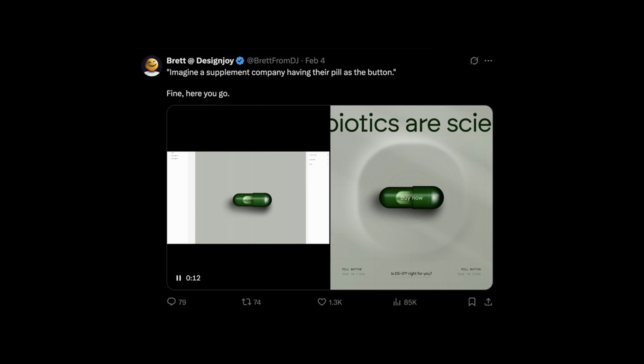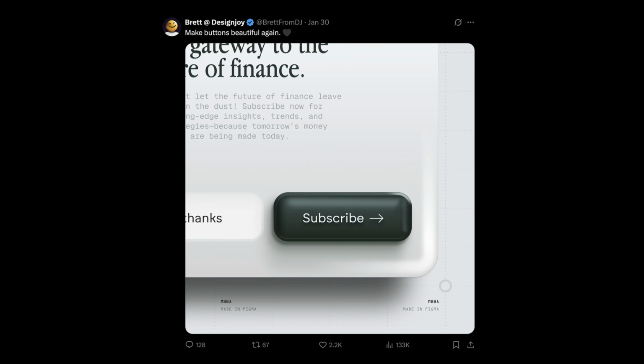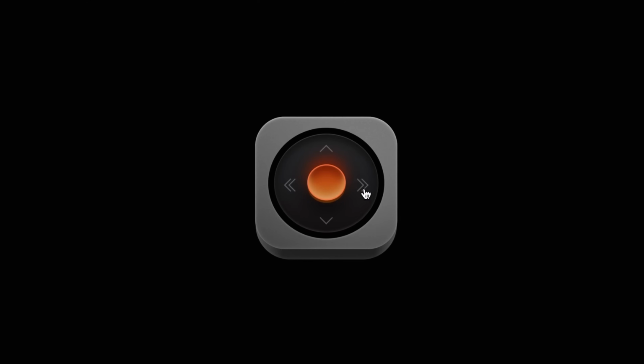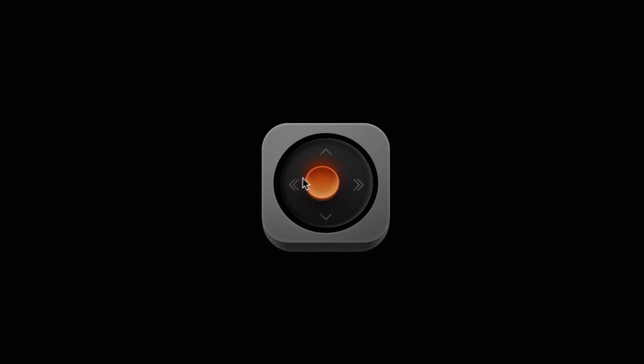Have you seen these crazy skeuomorphic illustrations going viral on Twitter? Well, I've seen them, and I've also seen some of the comments under these posts essentially saying that these must be so hard to develop. Well, in this video, I'm proving them wrong as I try to recreate this crazy interactive joystick in Framer without any coding, and our end result will not be a simple image, but a real website that others can also